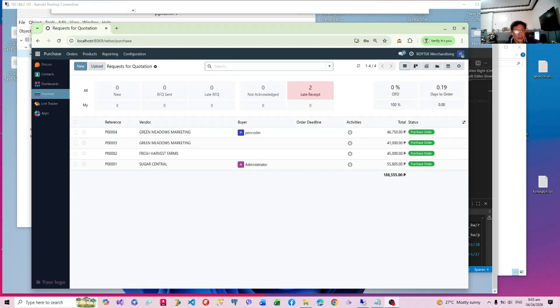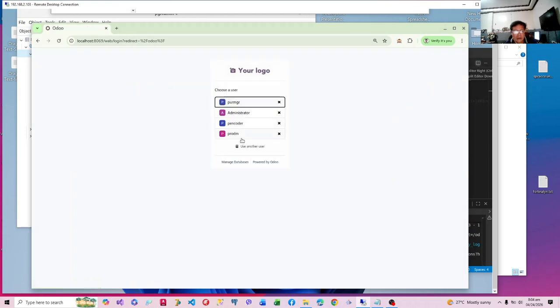In the last episode, we tailor fitted two roles for our business, which are purchase encoder and purchase manager. The purchase encoder encodes the purchase order, and the purchase manager approves them and creates the bills when they were received. But the items cannot be received by the purchase manager. So therefore, we have to tailor fit in this episode a new role called the warehouse manager, who receives the purchases and delivers the sales. So let me log out the purchasing manager and log in as admin to create the role.